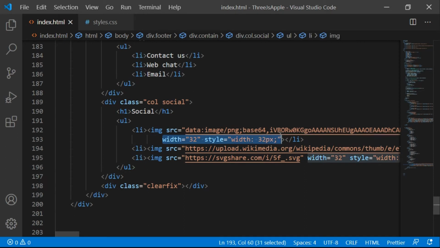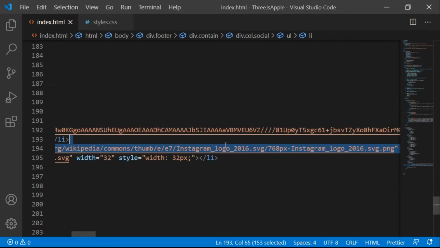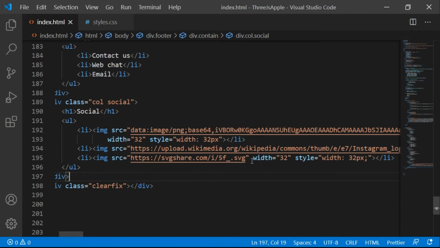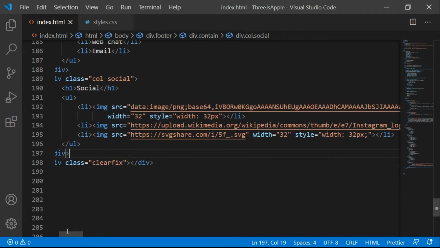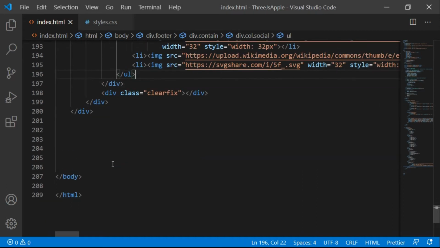And it is gonna have width of 32. It is gonna have styling, which is width of 32 pixels. With this 32 pixels, perfect. We have done some inline styling here, and this is div class ClearFX. Okay, so I think our div ends here, right?